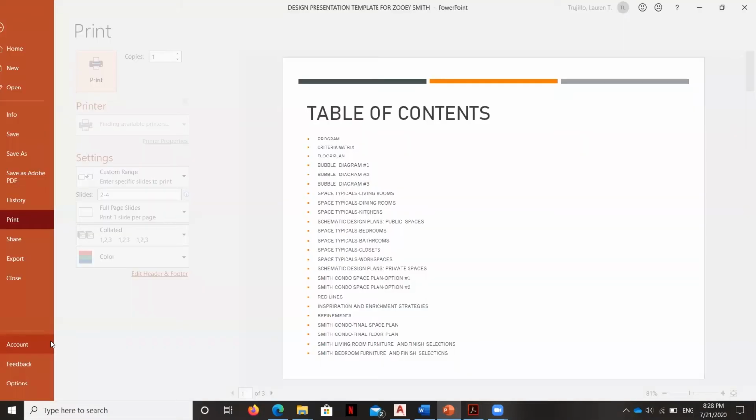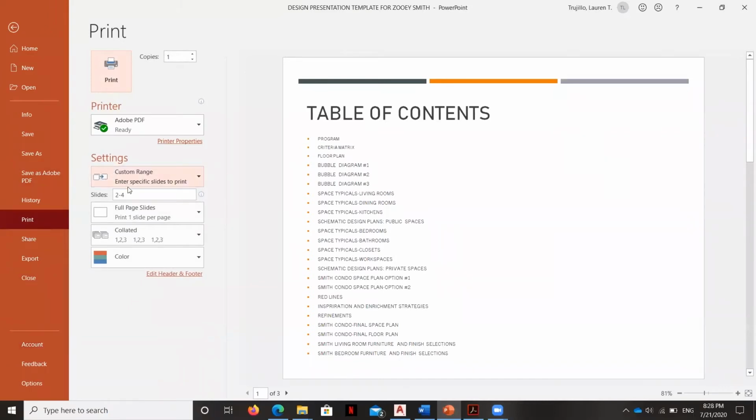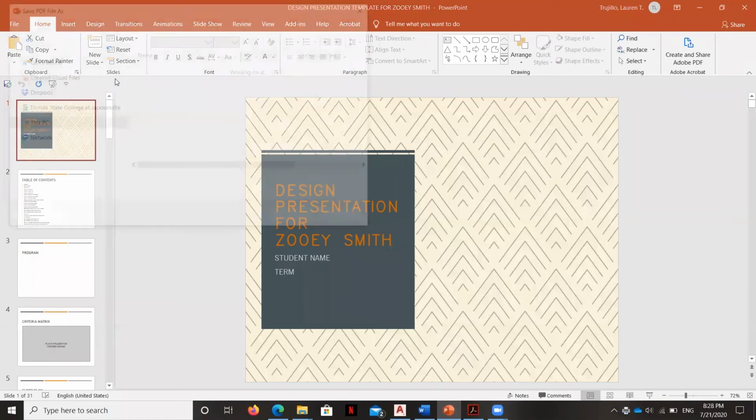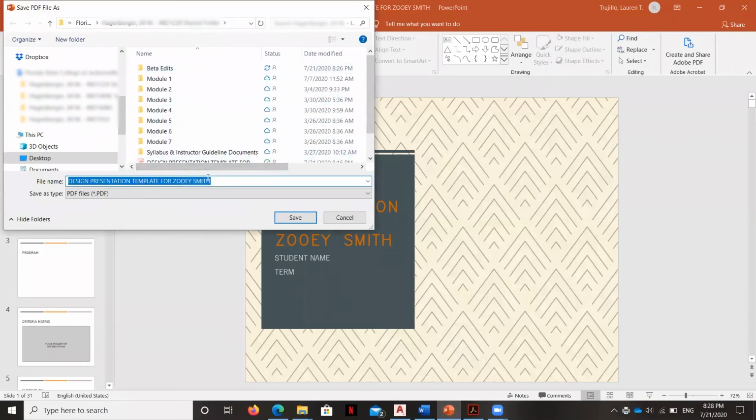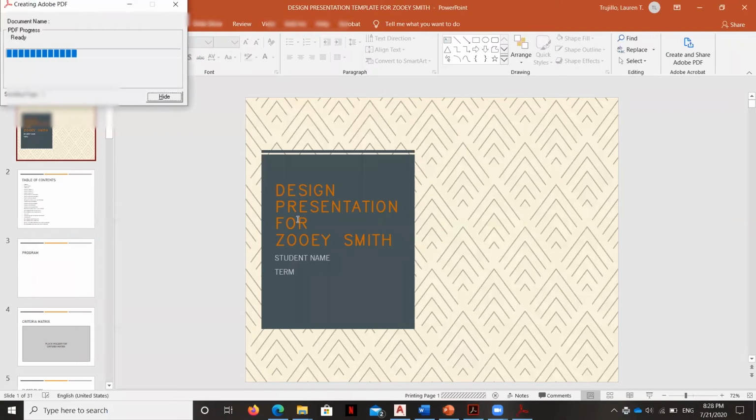So I'm going to hit Control P, and then I'm going to change this. You could do a range of pages here, and it's set from 2 to 4, but I'm going to change it to 1, 3, and 4. I'm going to make sure that my Adobe PDF is set as the printer, and then I'm going to hit the print button. It's going to take a moment to load, and then there's a naming convention that you're going to want to overwrite this file for, and you can save it to whatever folder you want to load it to. It's going to take a second to print.